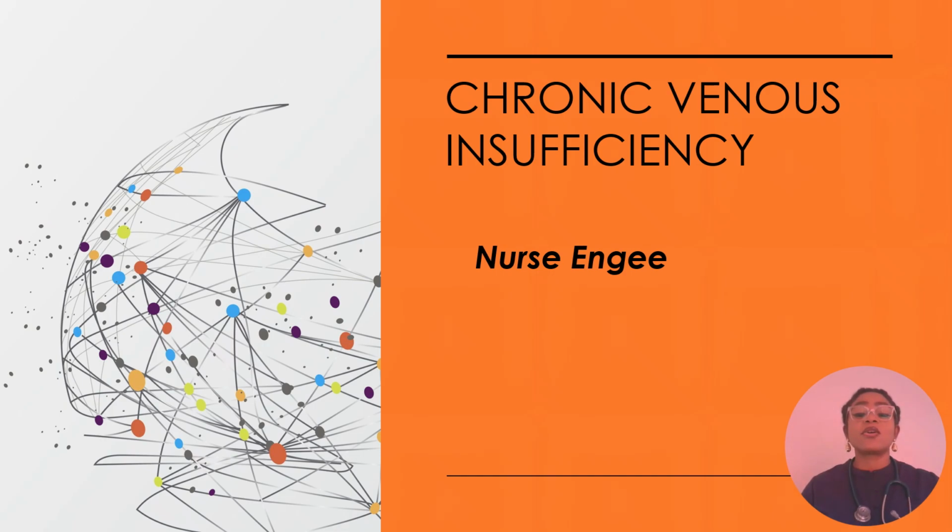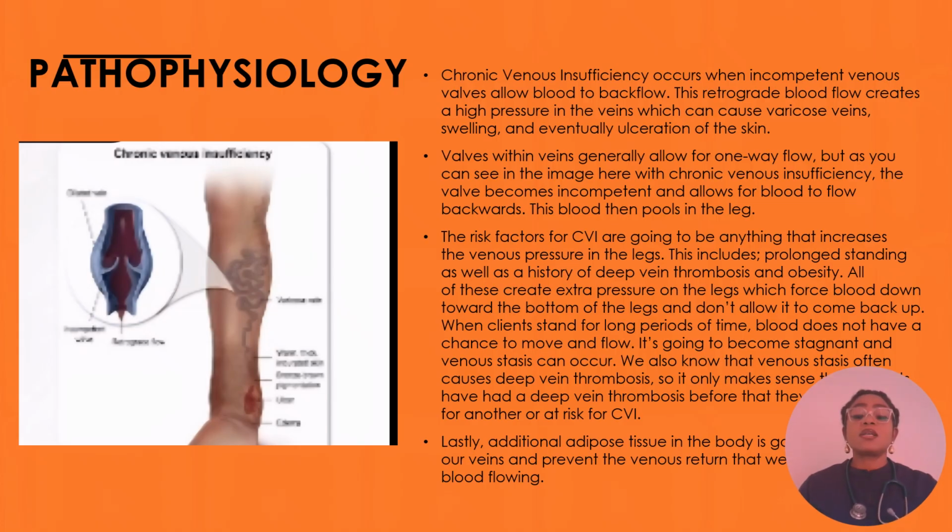Today's topic is chronic venous insufficiency. We're going to be looking at the pathophysiology of chronic venous insufficiency. Chronic venous insufficiency, or CVI, occurs when incompetent venous valves allow blood to backflow. This retrograde blood flow creates a high pressure in the veins, which can cause varicose veins, swelling, and eventually ulceration of